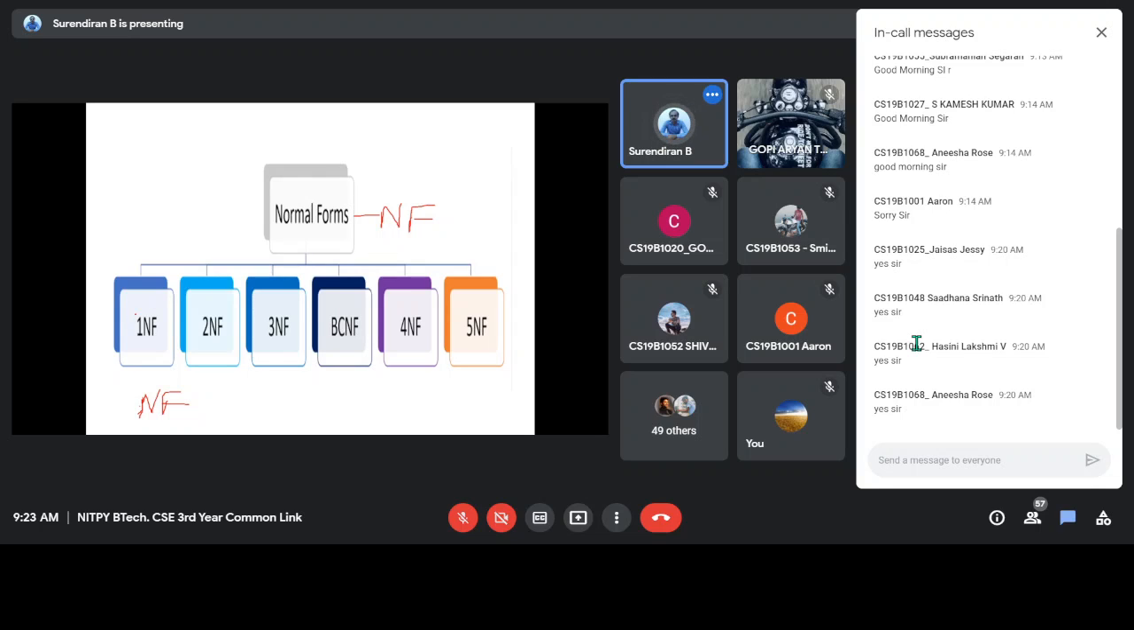These normal forms specify how the tables have to be used in the database. How to create the tables and how to split the data tables, how to avoid the anomalies. So this will avoid the anomalies. Okay, that is about the normal forms. So in first normal form,